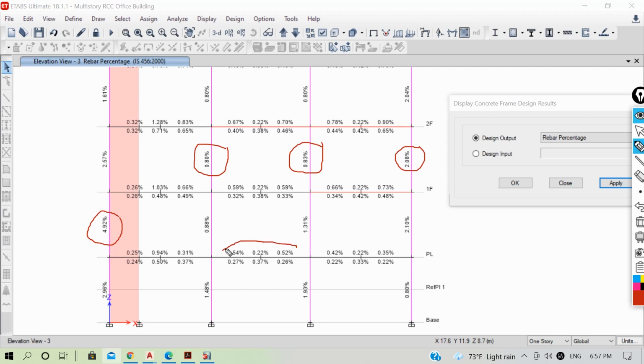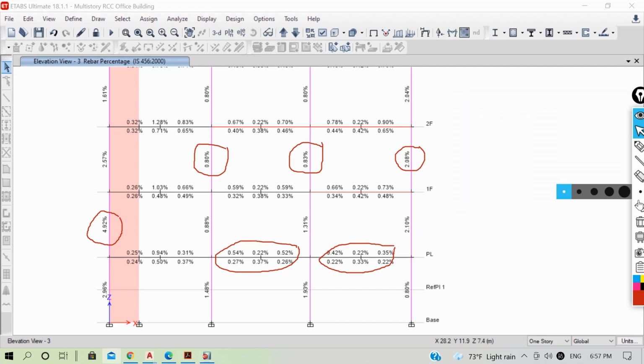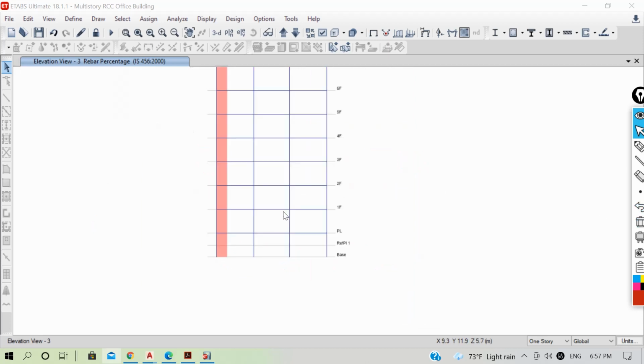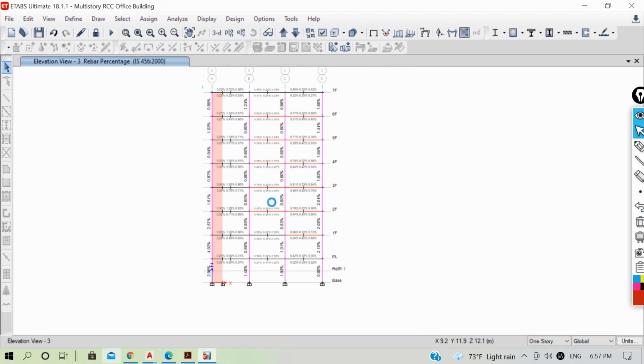Similarly, if you look at beams, we have the percentage of reinforcement displayed at 6 different locations. So let me just close this and then delete this. Now, how to know if your beam and column elements have passed under the design loads? The main thing to check after the design is if your elements have passed. And one way or